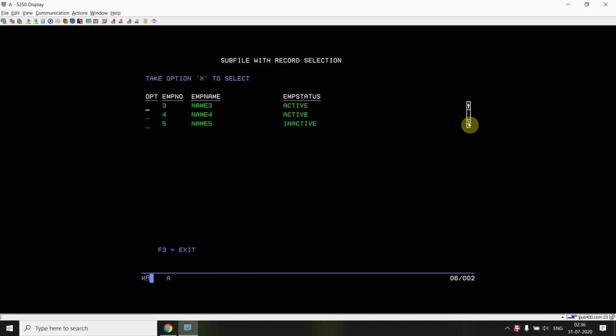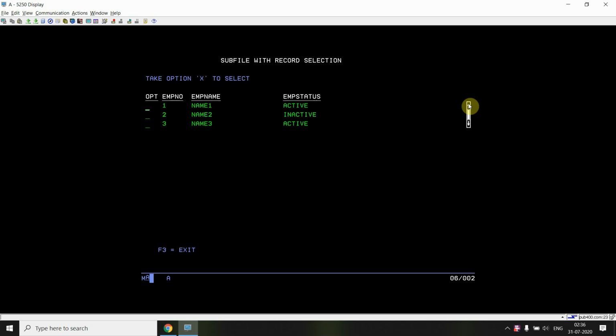But on the web we have the default scroll bar. There, once we click on the up or down arrow, we will be scrolling all the page's subfile records. So clicking on those arrows acts the same as page up or page down.